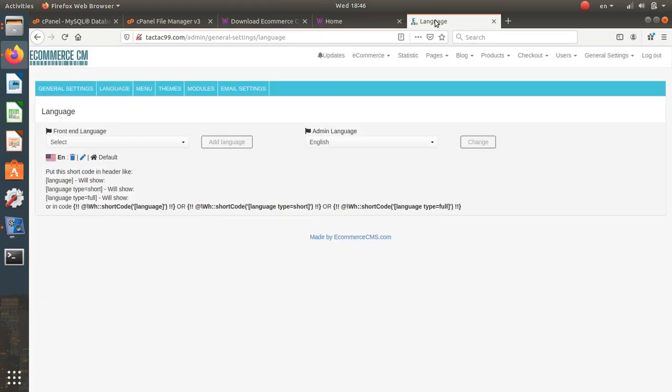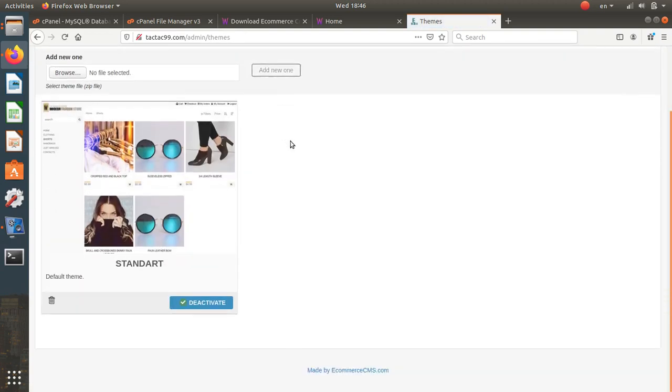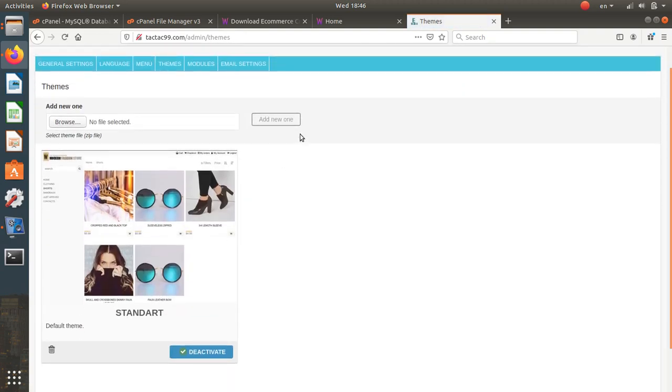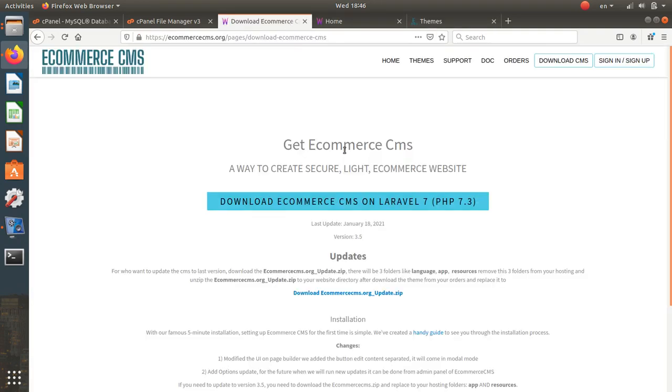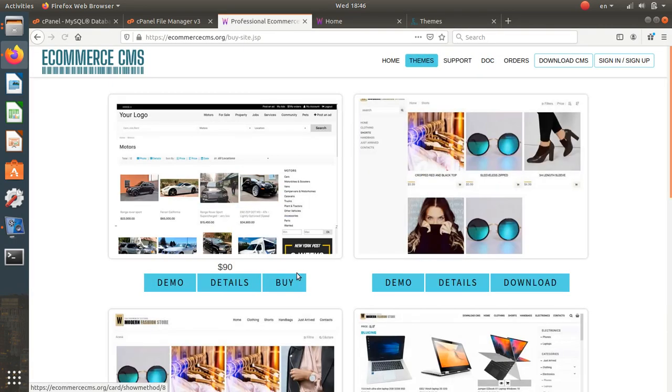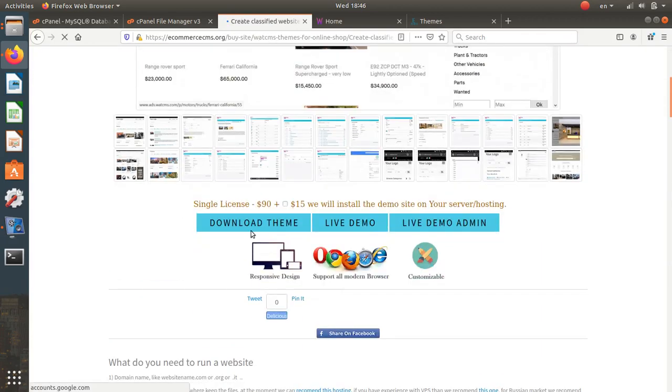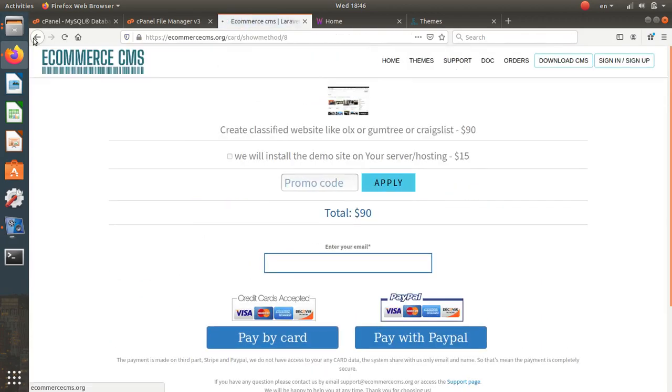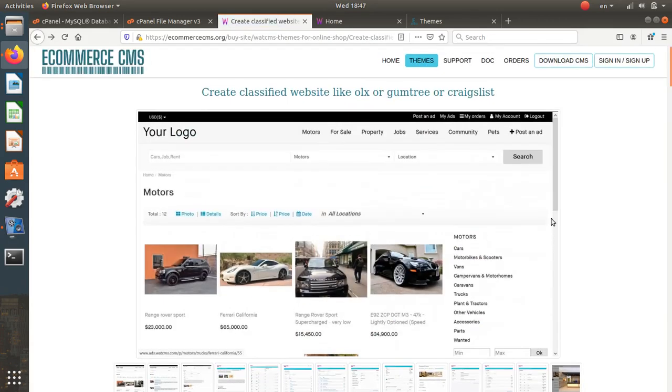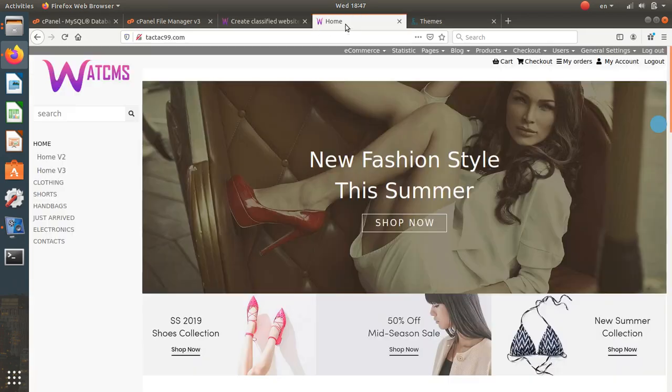Okay, so there we are. The next step, we have to go to themes and go back to the CMS, go to themes, detail, download. You have to buy it, and after you buy, you're gonna go to orders, and you are going to have access to the theme. It will be like theme name and download. You download the theme, and